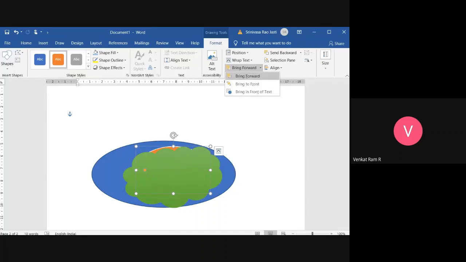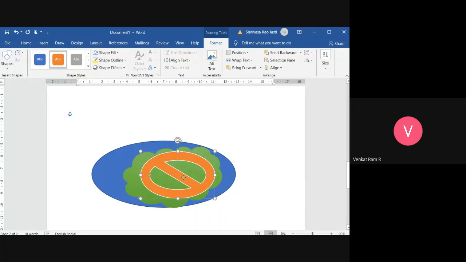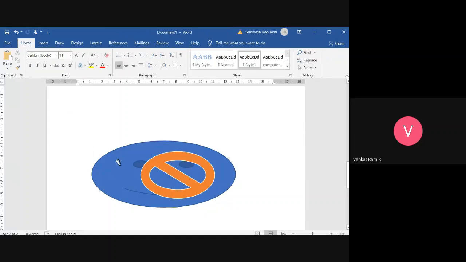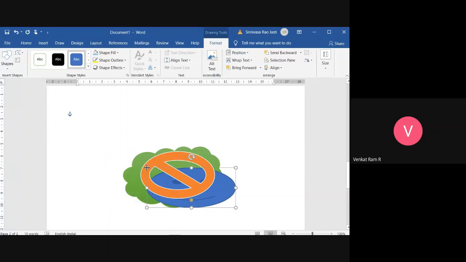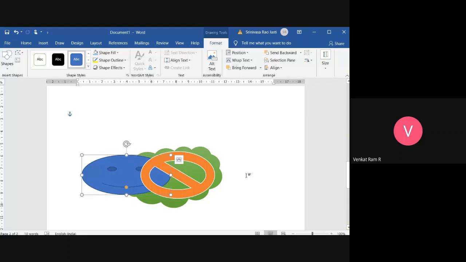So there is the Bring Forward option, Bring to Front, so that, see here, it is overlapping one with another. Okay, this is the Bring Forward option where you can bring it. For that, you have to select what you want to see. So Send to Back, so that it is visible after this. See here, it is there. Okay, so if you want to overlap also, you can. These are present in the Arrange group. See here, Bring Forward, Send Backward. In this, you can use it.